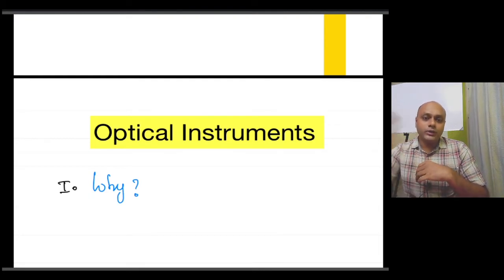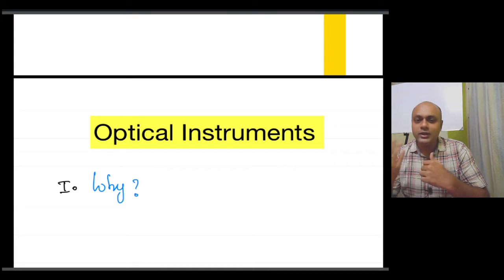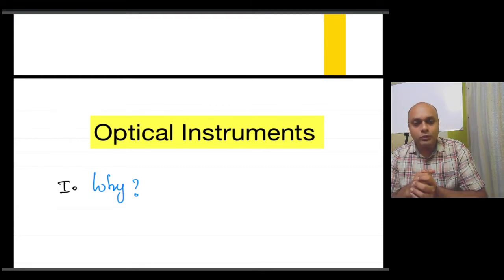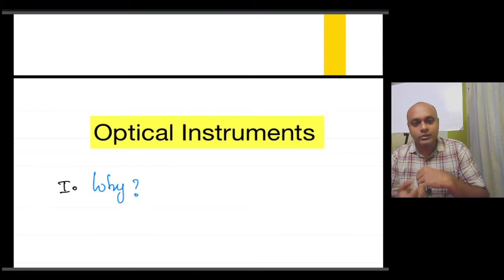And far off objects, not able to see very clearly, like say you want to see the details in certain stars. Directly the human eye cannot; you can see the star but cannot see the details in the star. For that, an optical instrument can be used to see finer details in that particular star. So we have optical instruments so that it makes visibility for the human eye easier.